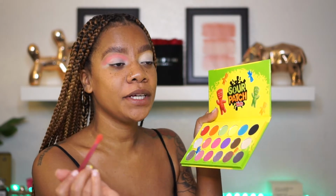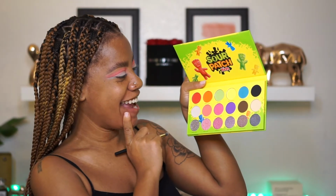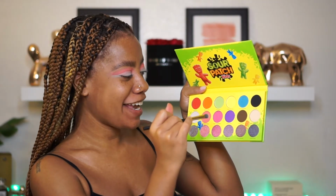So the one thing that I would say about this palette that I'm kind of just like, oh, that kind of sucks, is that there's no mirror on here. Not to say that that's an issue, because who really uses the mirror in the eyeshadow palettes? But low-key sis, sometimes you do use that mirror. And right now, I actually would like to have a closer mirror to look right here. What are we gonna take next? I'm going to go ahead and I'm going to take,